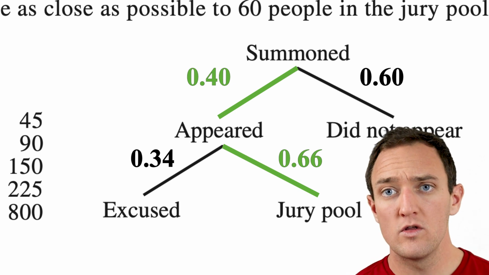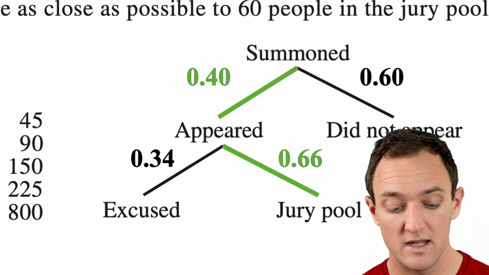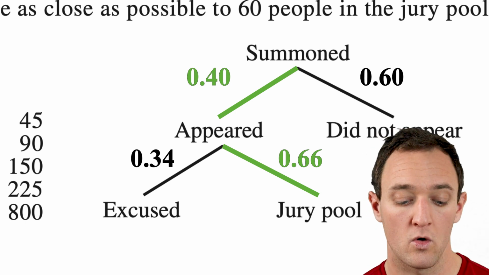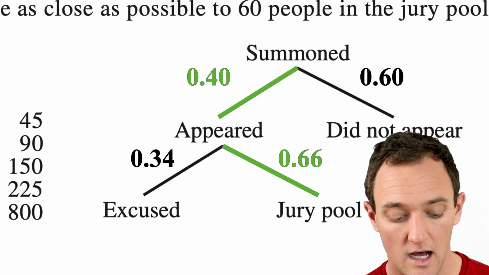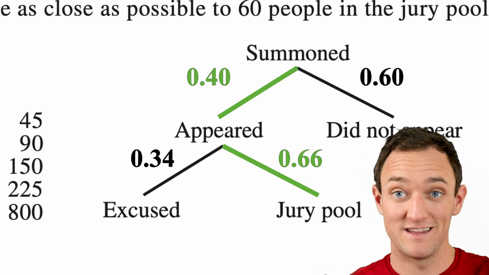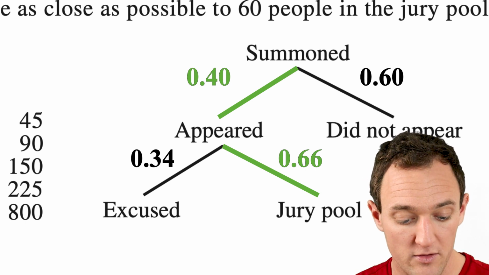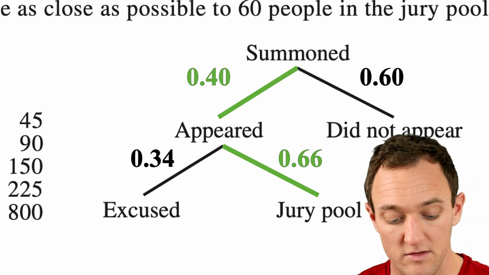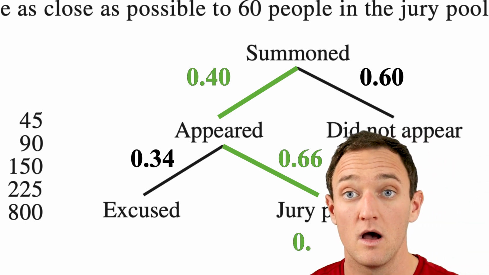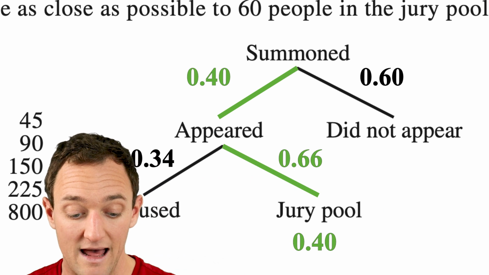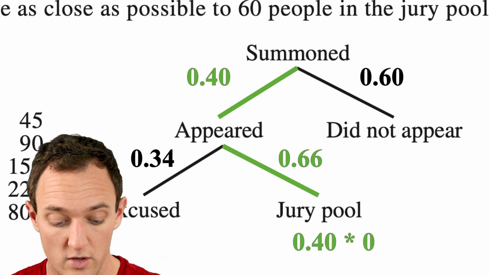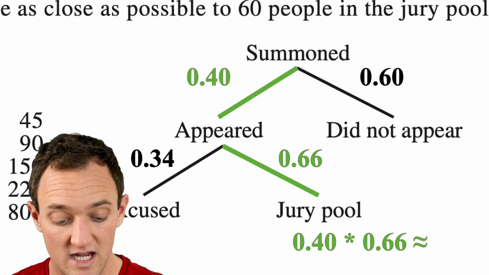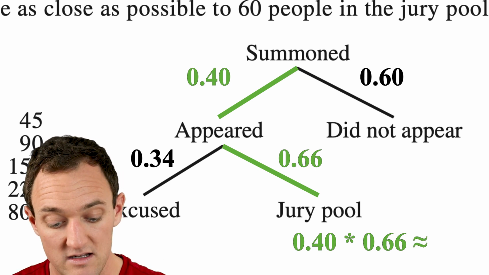Now, if we want to know the combined percent, the ultimate percent that will show up, or in any kind of situation like this, for any kind of conclusion, that's the bottom of the tree, right? Of the people that are summoned and appeared and made the jury pool, we go down to the very bottom of the tree here and we multiply all the numbers that are along the path, right? So first, if somebody made it to the jury pool, they were first summoned, and that's 40%. And then the chance that they weren't excused or that they made it to the pool was